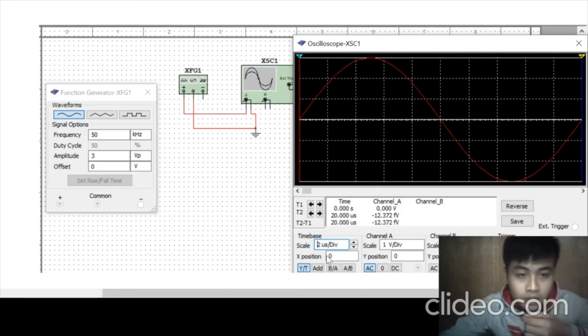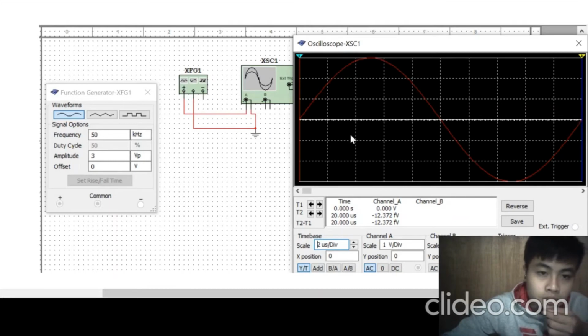Okay, the second method is very simple. We just move the first cursor to where the waveform starts, and the second cursor to where the waveform ends. Here I put the first cursor where the waveform starts, and the second where the waveform ends. So here the system will calculate the